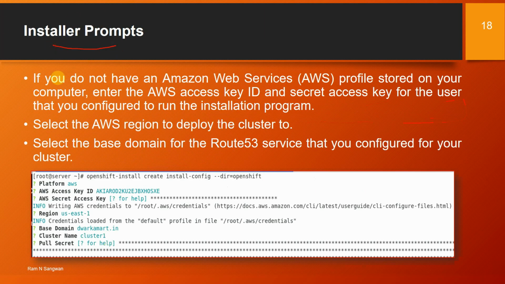So, installer prompts. If you do not have the Amazon Web Services profile stored on your computer, enter the AWS access key and the secret access key for your user that you configured to run the installer program. Select the AWS region to deploy the cluster to. Select the base domain for the Route 53 service that you configured for your cluster. I have this access key, and then secret, and then my AWS region, my domain which I have on AWS